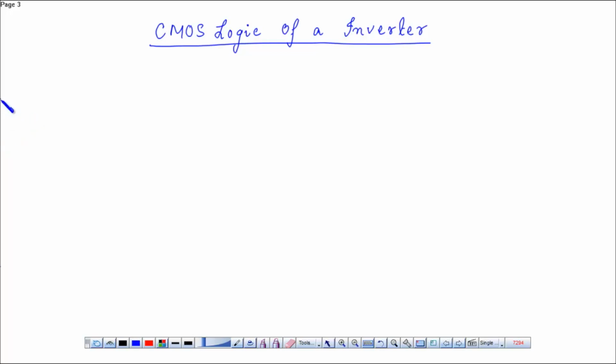As we know, the AND is represented in the form of NMOS in series and PMOS in parallel, and the OR is represented as the reverse. That is, the dot operation is represented as NMOS in series and PMOS in parallel,